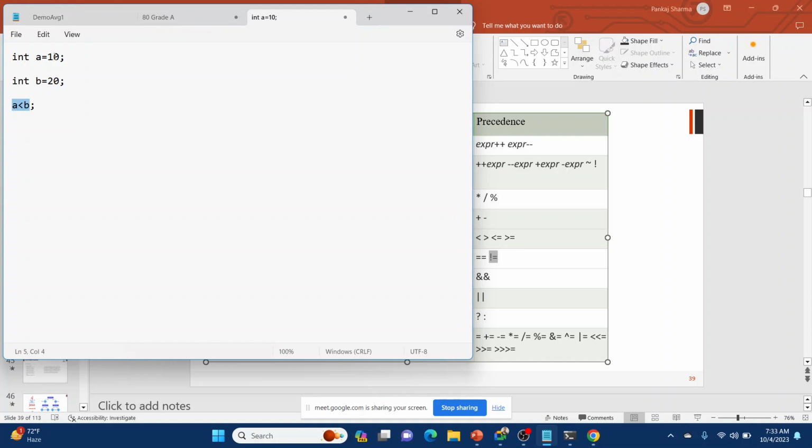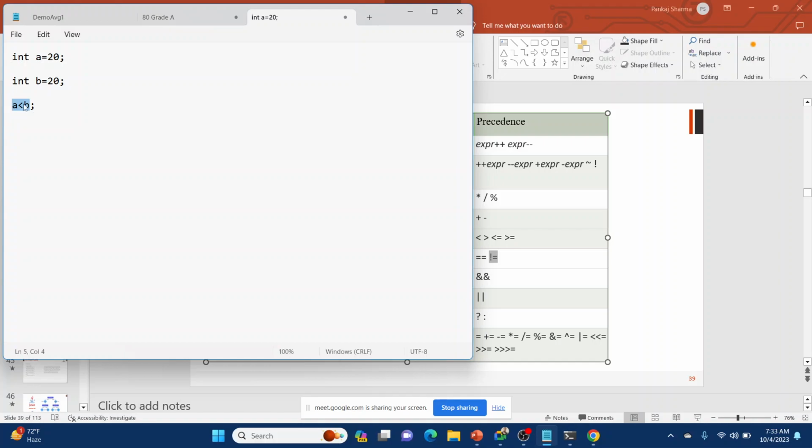Now if I write it so that they are both 20, right? So a is less than b. Is it true or false? Anybody want to answer? Okay, it is false. Both are equal. False, because a is not less than b, a is equal to b.